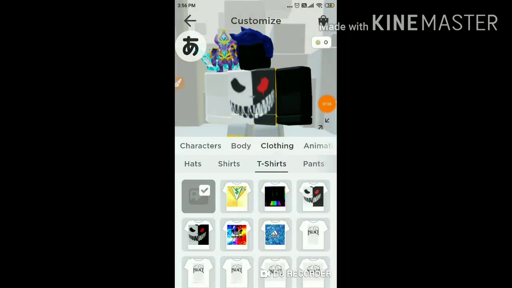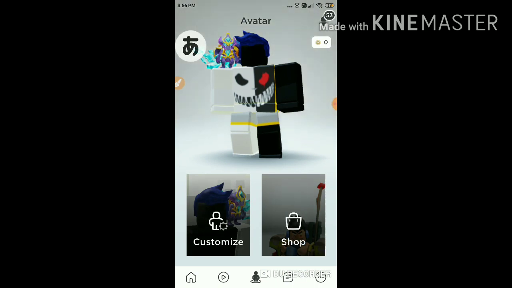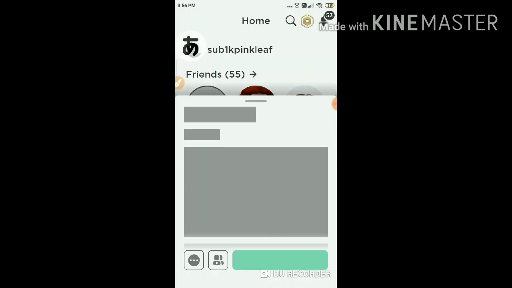Okay, sorry guys, I paused my video. Now as you can see, I didn't do any settings. This was my latest t-shirt that I created in front of you and I wore it. And after you wear it, guys, you will be looking like this. Okay? As I also told you that left arm and left leg to be black and right arm and right leg to be white. Okay guys, when you done the setting, just join any of the game.